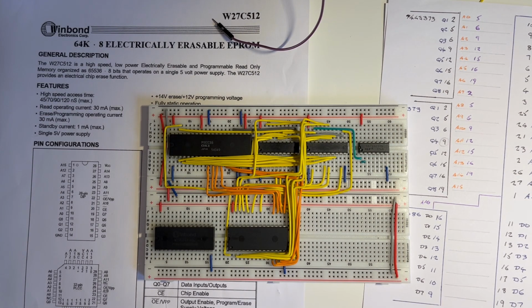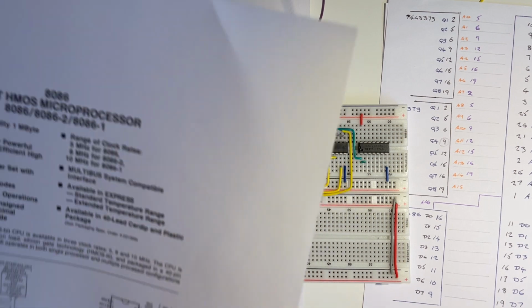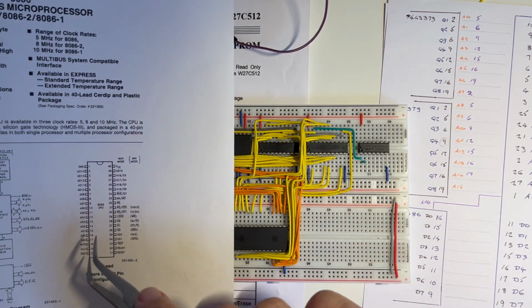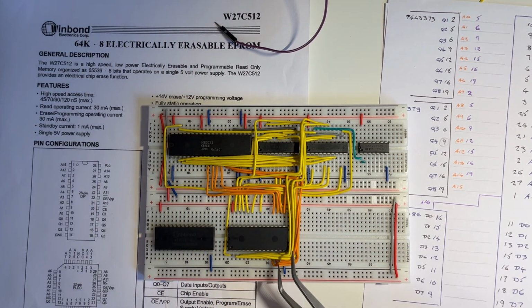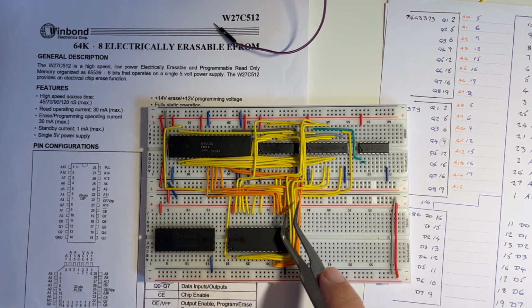So I've just been connecting the data lines. What we have is Q0, Q1, Q2 on the EPROM here, which are connected across onto the 8086 data output lines. You'll see that the data lines here run from 16, 15, 14, so 0, 1, 2, 3, 4. Those are all counting down to there. So 0, 1, 2, those ones there are connected to the 3 inputs here of 0, 1, 2. I've then connected the next ones onto these Q3, Q4, Q5, Q6 across here, and I just